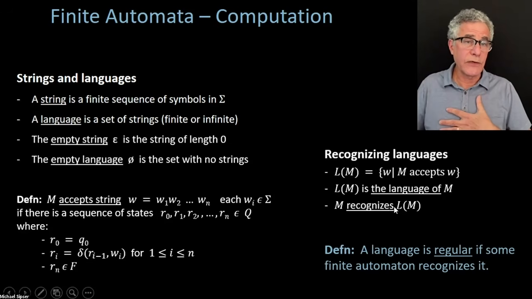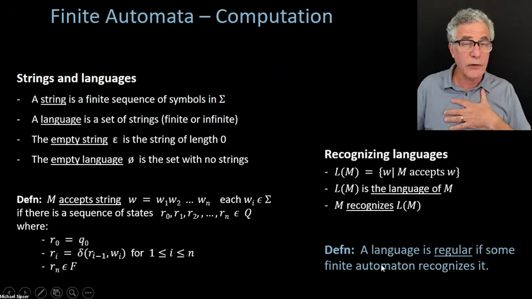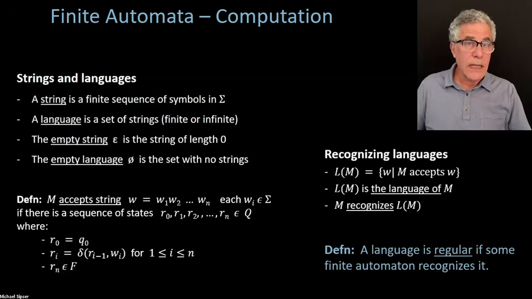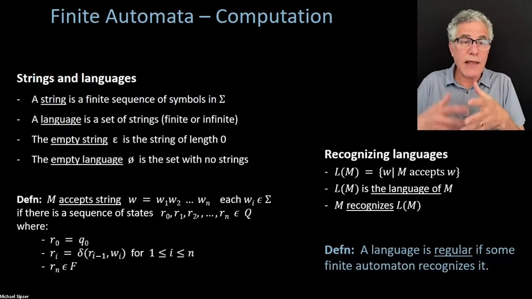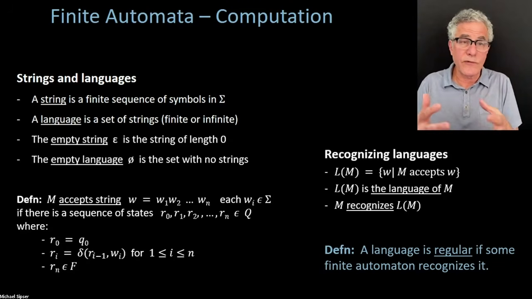Okay, and now an important definition. I try to reserve the most important or highlighted things to be in this light blue color, if you can see that. We say a language is a regular language if there's some finite automaton that recognizes it. So there are going to be some languages that have associated finite automata that recognize those languages, but there might be other languages, and we'll see examples, where you just can't recognize them with a finite automaton. Those languages will not be regular languages. The regular ones are the ones that you can do with a finite automaton. That's the traditional terminology.